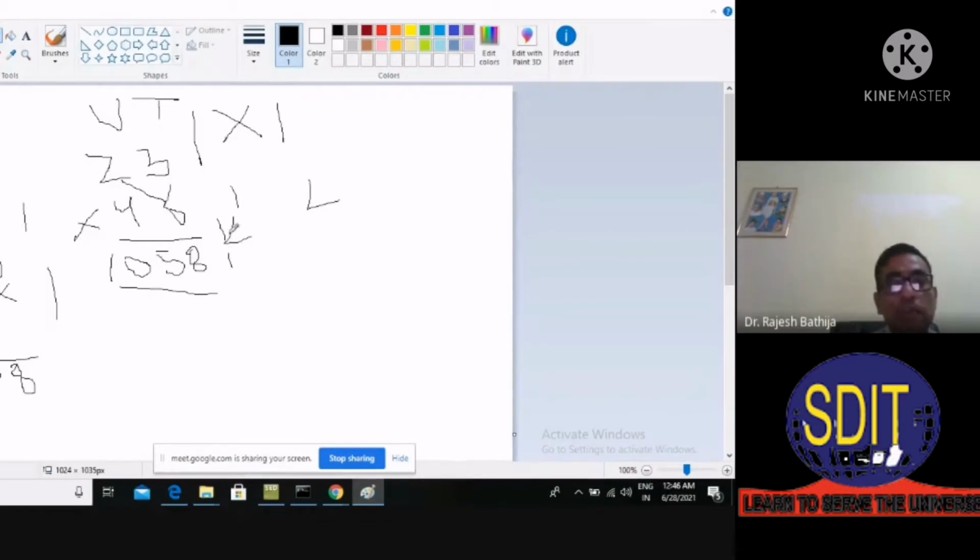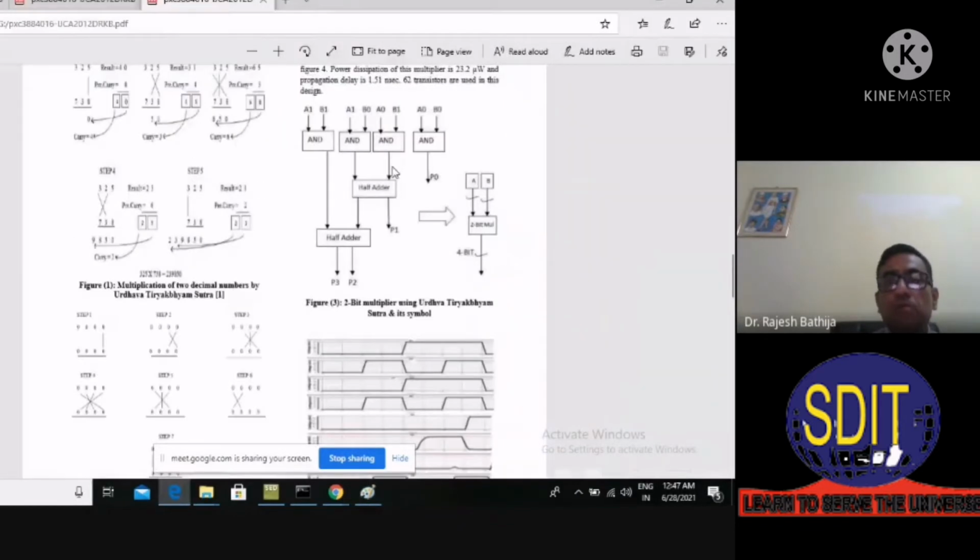Second thing is, when you implement this, then definitely the speed of this will come faster than the conventional method, and that we have implemented over here, right? So you can see here, if I take the same thing with binary, these are the binary numbers A0 B0, these are the LSBs. Then there will be cross multiply A0 B1 and A1 B0, right? These are the bits, and these are the MSB A1 B1 over here, right?